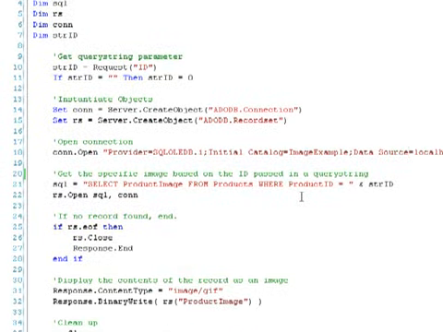Now here's the first thing that we want to make sure. The user that you're going to use to access this should only have access to this information. We want to make sure that this does not open up a security hole, that having access to this ASP page gives us access to just anything in the database. Also, SQL injection becomes an issue. As you'll see in the next line,